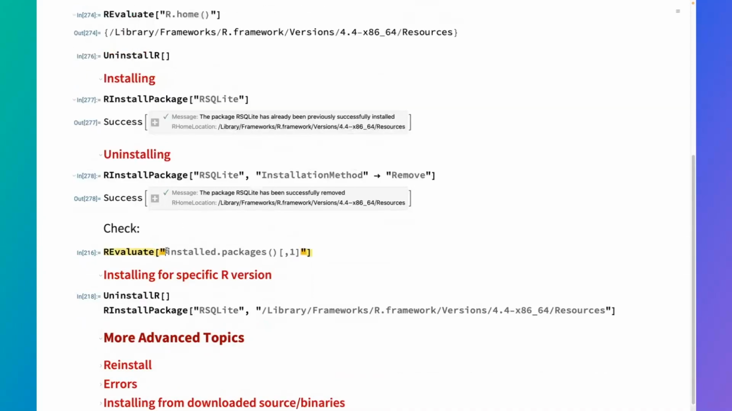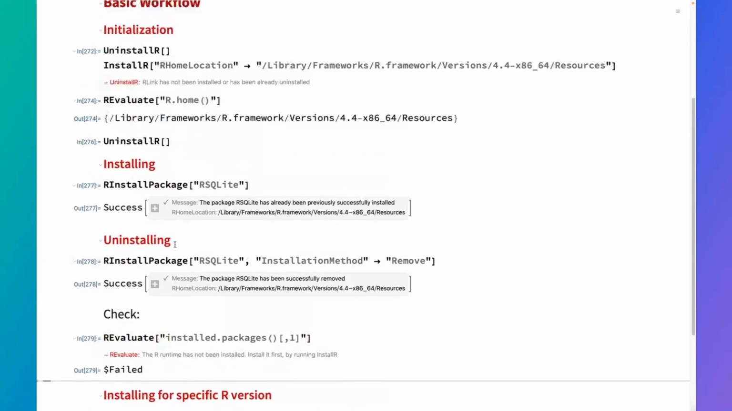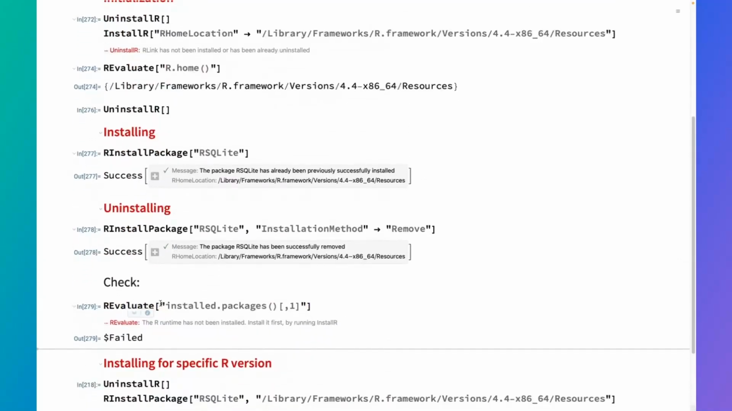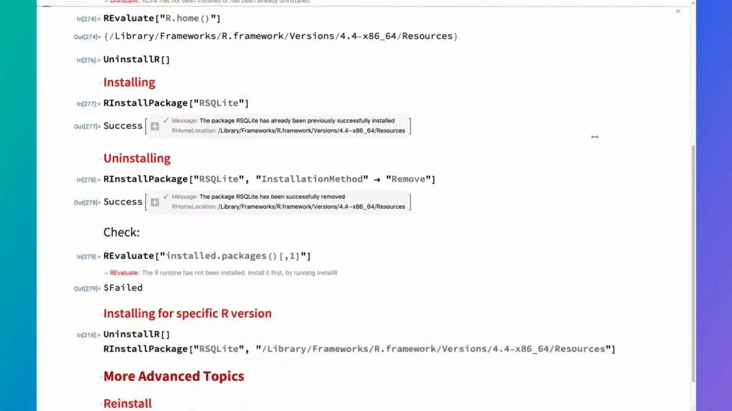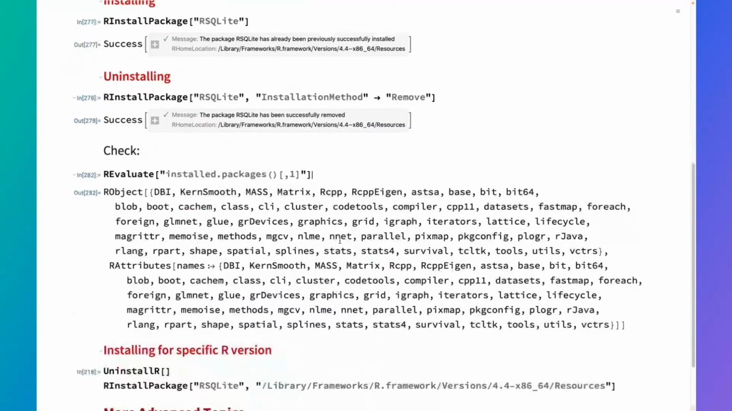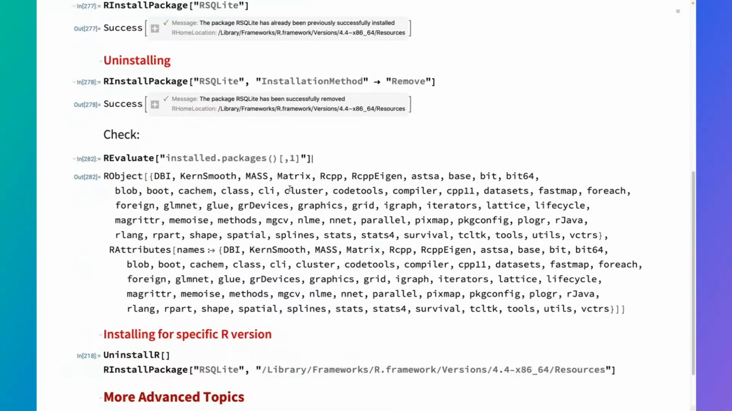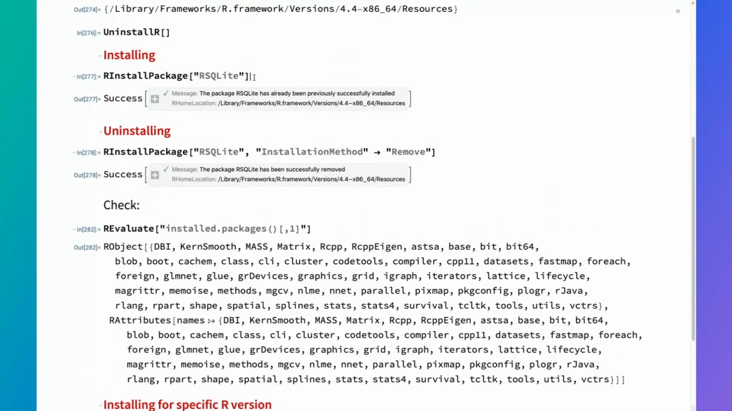And then, for this one, actually, we will need to start R again, because with our evaluate we wanted to check that this package has indeed been removed from the list of installed packages. For that, we will still have to have a running R session. So let's just start it and then call R evaluate of installed packages. And you can see, if you inspect this, there is no RSQLite package in here. Whereas if we now install it again,